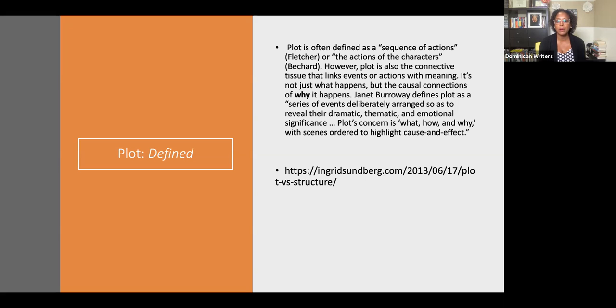And sometimes we confuse plot and narrative structure. I think people just get confused about all of this. I honestly think it's less important to have a crisp definition articulated in your mind. I think it's more important for you to actually understand what's supposed to happen in a story. So for today, I really want to spend some time talking about why these events linked together matter, and why there should be some thought put into the shape that those events take. So we're going to talk about plot and narrative structure.